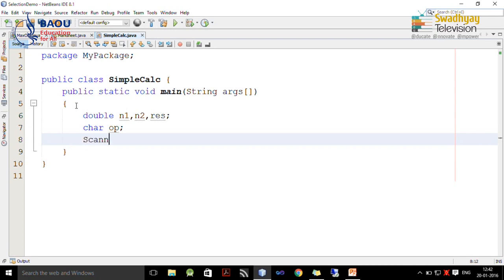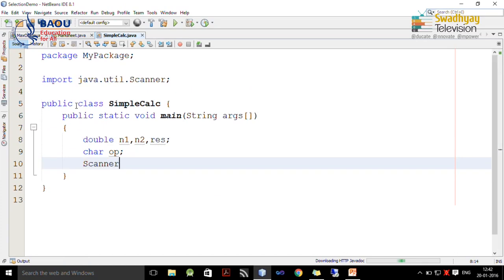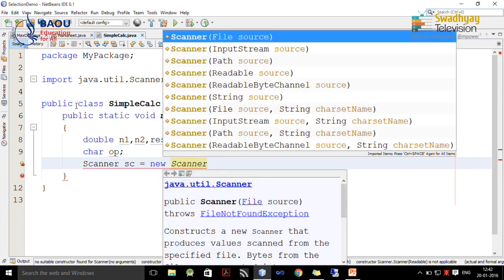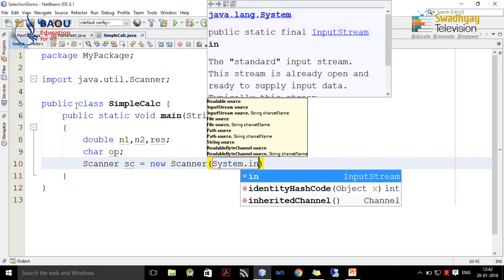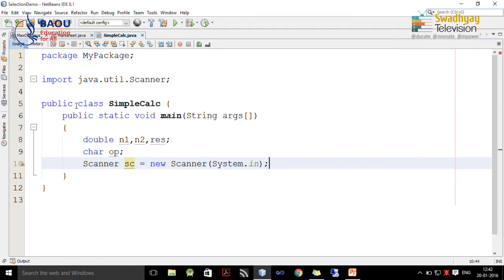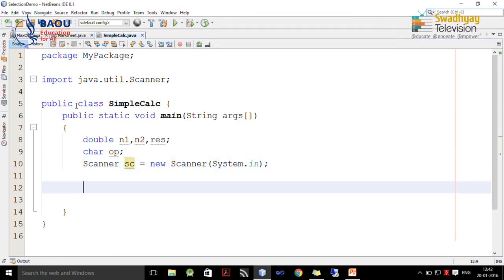And we are also going to declare the scanner class and create an instance of it, and we provide as a source the input stream, which is the keyboard. So we have all necessary variables declared.